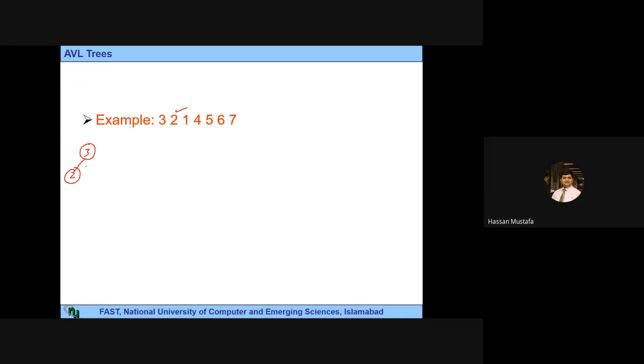अभी तक मेरे पास सिर्फ 2 नोड्स हैं, तो डेफिनेटली एक पेरेंट होगा, दूसरा चाइल्ड होगा, तो बैलेंस डिस्टर्ब होने का कोई सवाल ही पैदा नहीं होता। लेकिन अगर मैं चेक करूं, तो जो नया नोड ऐड किया, मुझे इसके पेरेंट का बैलेंस चेक करना है अप टिल द रूट नोड। तो ये जो 3 है, इस 3 का बैलेंस फैक्टर मेंटेन है। इसके लेफ्ट सब ट्री की हाइट 0 है, राइट सब ट्री की हाइट -1 है, तो बैलेंस्ड है। अच्छा, नेक्स्ट वैल्यू आ गई 1। तो 3 से छोटी है, 2 से भी छोटी है, तो